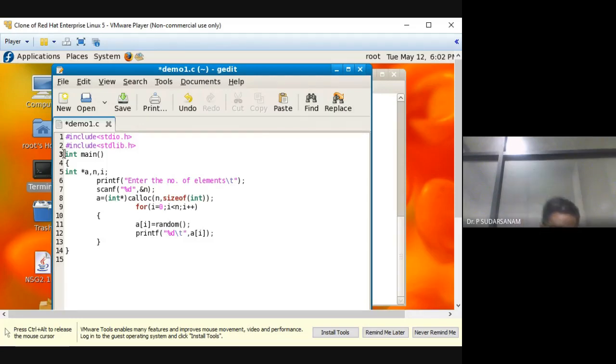Why are we taking lakhs? Because your systems are P3, I3, I5 and I7 and so on. Even if you enter 1 lakh, 2 lakh, sometimes you will not get the time, because as soon as you enter, the output comes, since your system is very fast. If you give 10 to 15 it will not show any number.